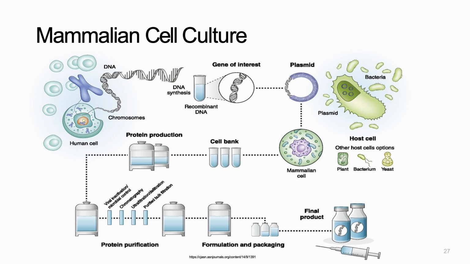Here we can see, at the step called protein production, bioreactors in which those cells are growing, dividing, and multiplying, and they are also producing the protein, among other products that the cell is making. This is why, when we go to the next step, we will see at the bottom left side of the slide that we have several steps for protein purification.